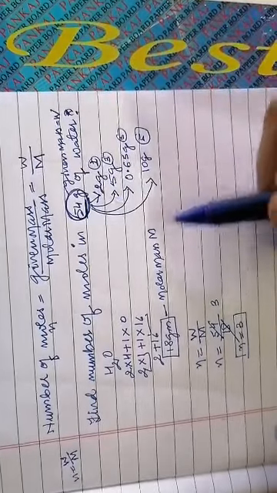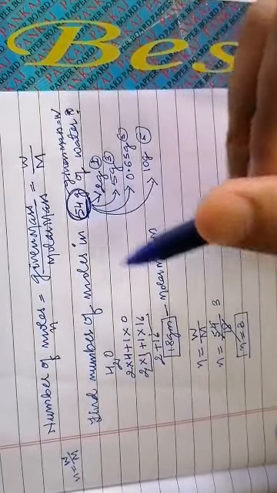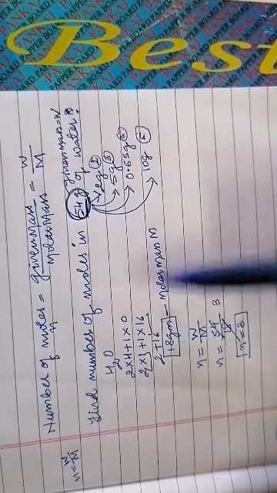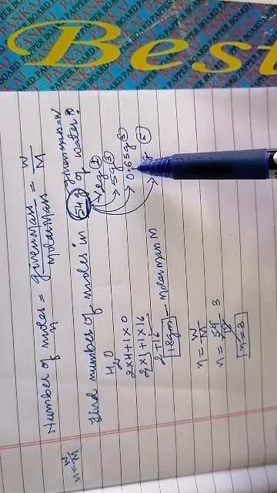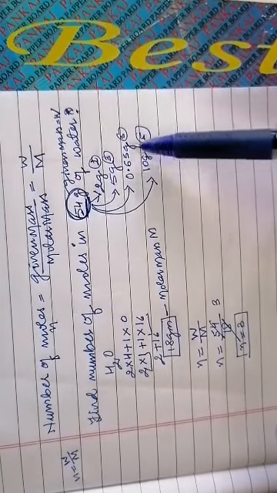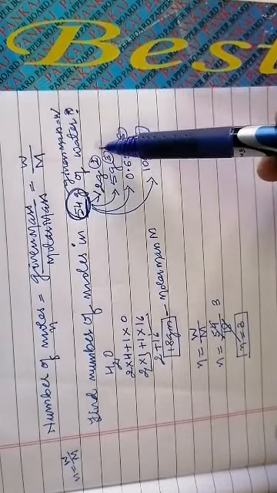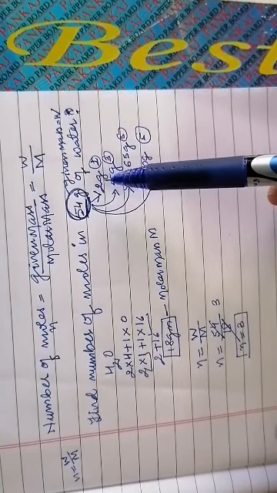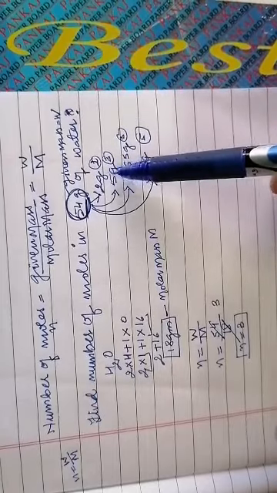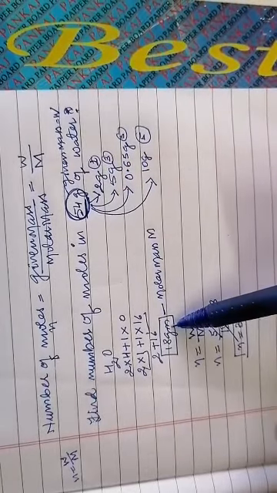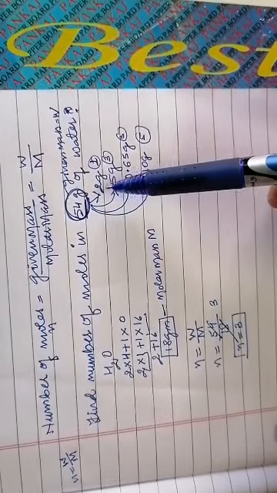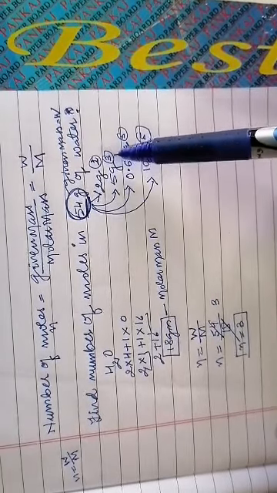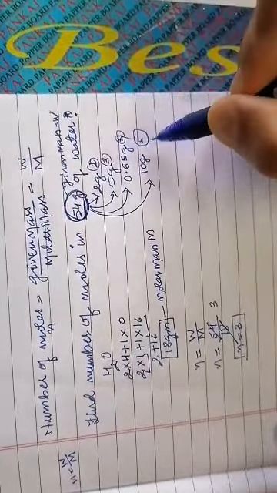Very much obvious that 18 gram will make 1 mole. We have 2 grams, 5 grams, 0.65, 10 gram. So the answer of all these numericals must be less than 1. So these are the given masses. Molar mass you know. So just write down and solve the numericals, numerical number 2, 3, 4 and 5.